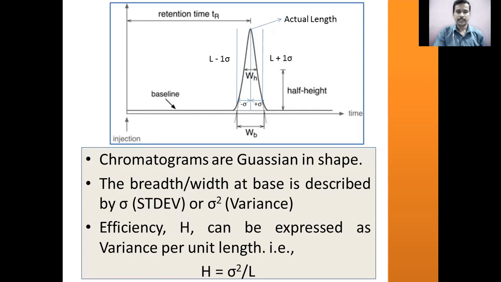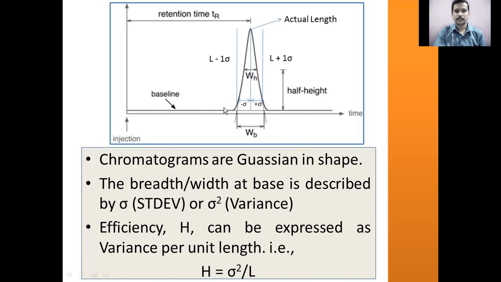And he has given the theory to describe the number of theoretical plates and the behavior of plates in the chromatographic column. So you take any chromatogram. This is the chromatogram presented. A chromatogram will have a symmetrical peak which is eluted at a certain time, and that time is known as retention time, and this retention time will be at the center of the peak. If you take a chromatographic peak, this will have a front and this will have a tail. So this is the front, this is the end.